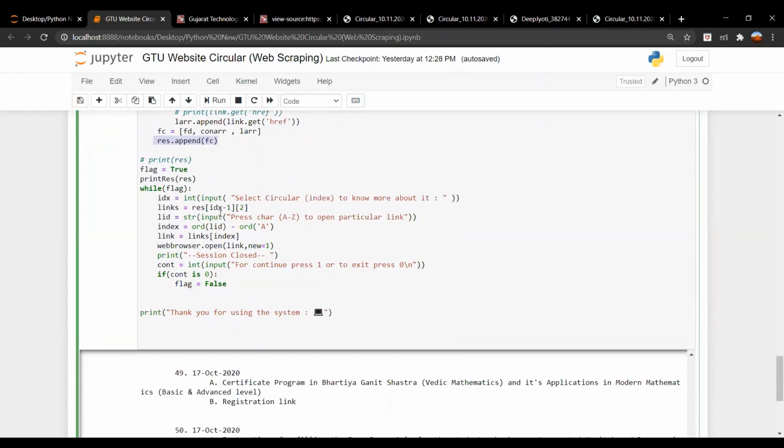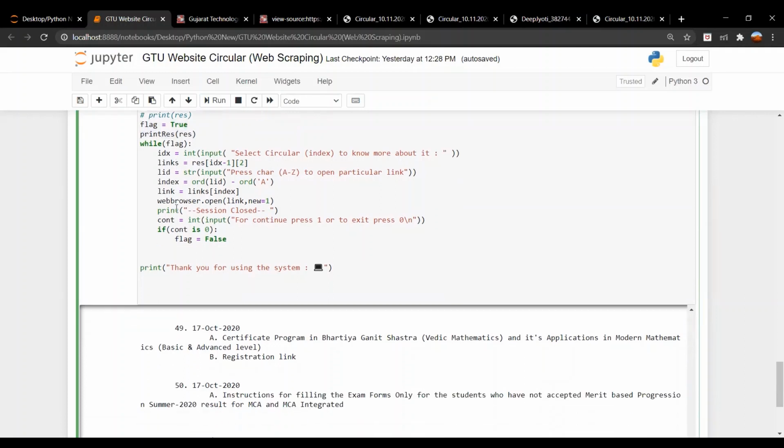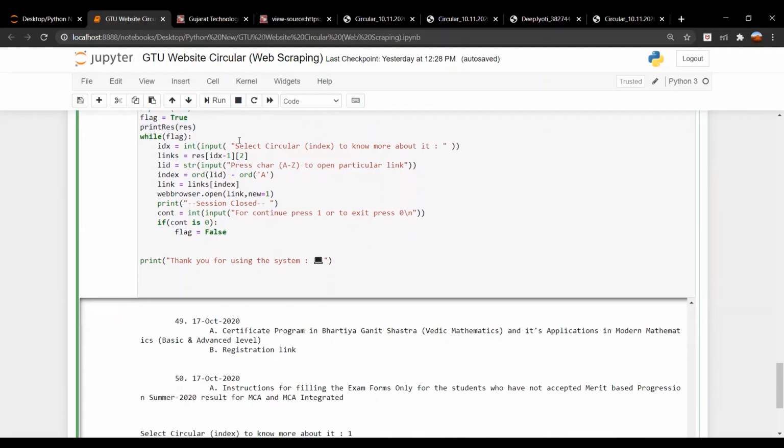Now let's see the main logic. If flag is equal to true, then all the information like date, content, and link, that means PDF content, will be printed. First of all we have to ask the user for a circular, that means which type of circular the user wants to know.